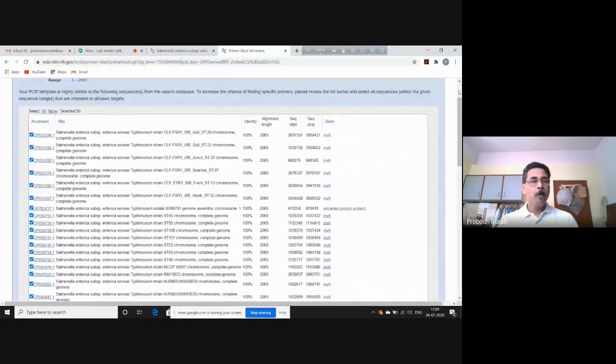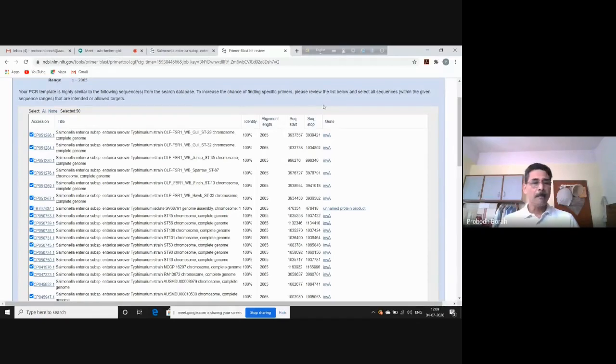But now, if we click all, this is the so to say ideal situation where we can produce a primer pair which will have a high level of sensitivity and specificity against all the Salmonella enterica typhimurium strains. But if we do this, it will take a lot of time because the blast has to be completed against each of the gene sequences present in the database.